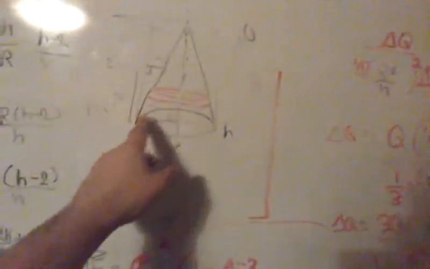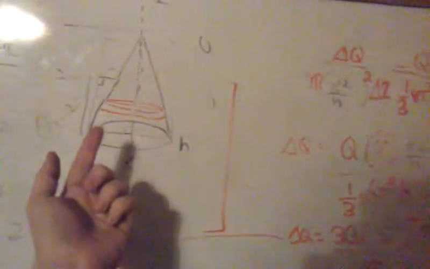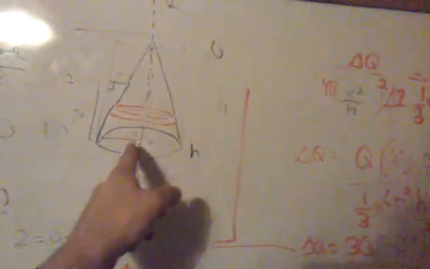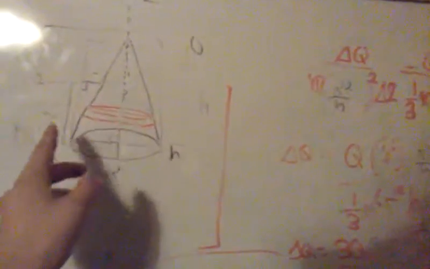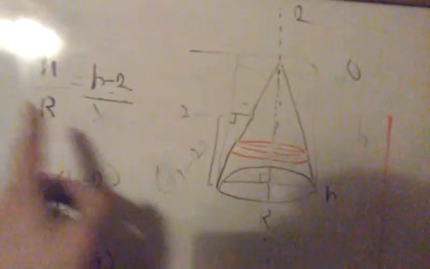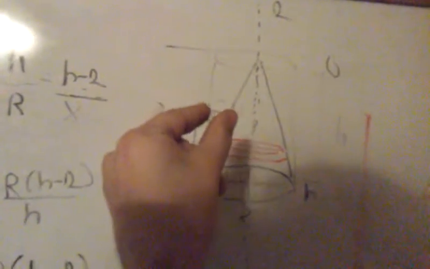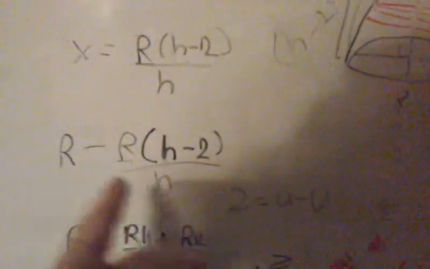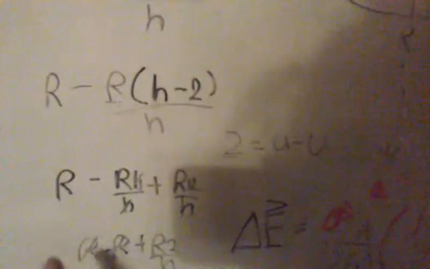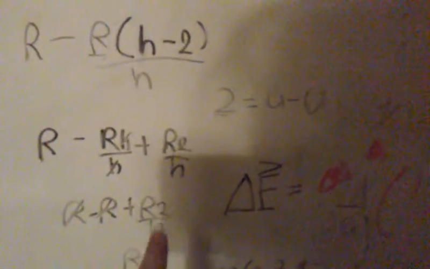So you can find this by recognizing that a cone is simply a triangle that's been spun around. So if you go here and set up a triangle through here, and then notice that this will be a similar triangle, you can set up this proportionality where you have h, r, the radius, h minus z, these proportionalities must be equal to this, which is going to be your change in the radius as you increase along the z-axis. So then you could solve for x, then r, any point along it must be equal r minus this, and then simplify it a bit, and you can get just down to r z over h,